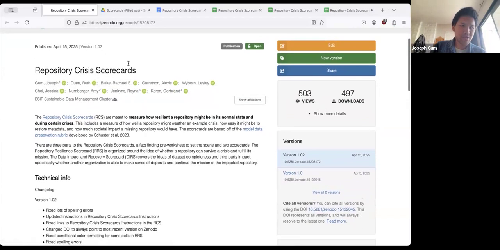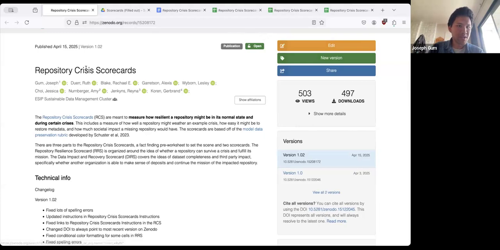Right now we're on version 1.02. We just released the first version at the beginning of April. We're hoping to get feedback from everyone that uses this and be able to update the scorecards to version 2.0 by the July ESIP meeting in Seattle.